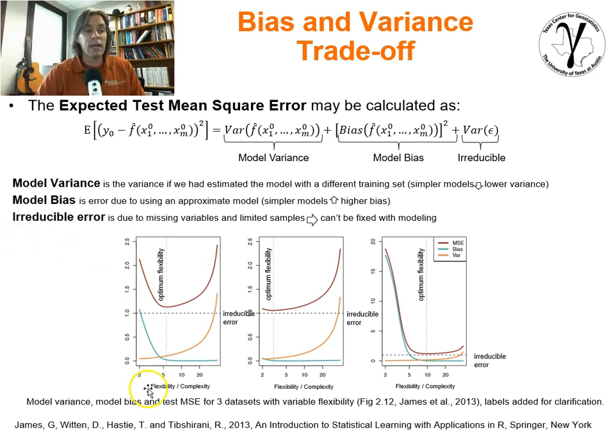So if we look at these functions or plots directly from the James et al. book, which I appreciate very much, we've got degree of flexibility going from simple to complicated. And so what we'll see is that, in general, model bias goes down as you get more complicated. You see that because we're able to better fit the features in the data. We'll find that model variance goes up because with more complexity, our model becomes more sensitive.